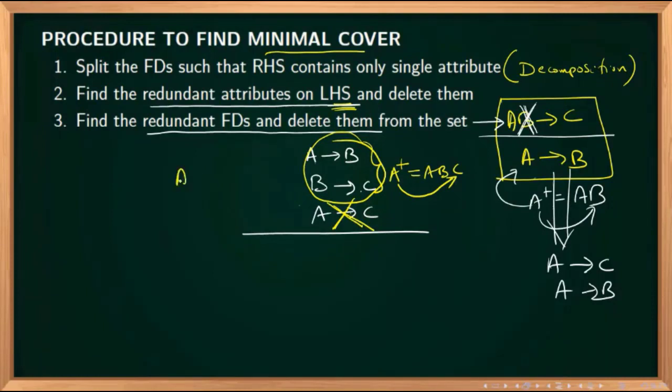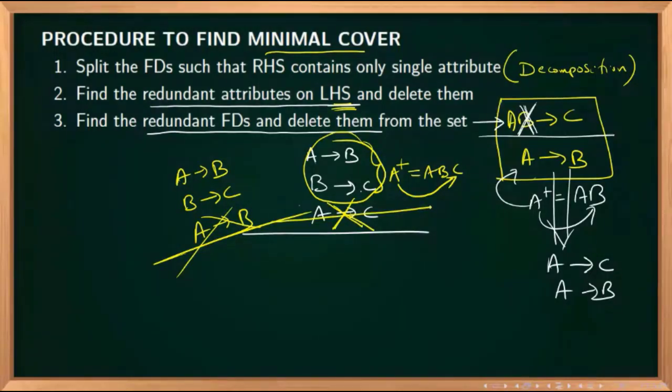This is one way to remove a redundant FD. Another way: when we are doing A to B, B to C, sometimes an FD will be repeated explicitly. If it is repeating, simply remove it. Two ways you can remove it. For any functional dependency you want to remove, assume that it got removed and take the closure, A closure in the remaining ones. If you are getting that same functional dependency, then we can say that this is redundant. Are you getting it? Type yes if you are getting it.